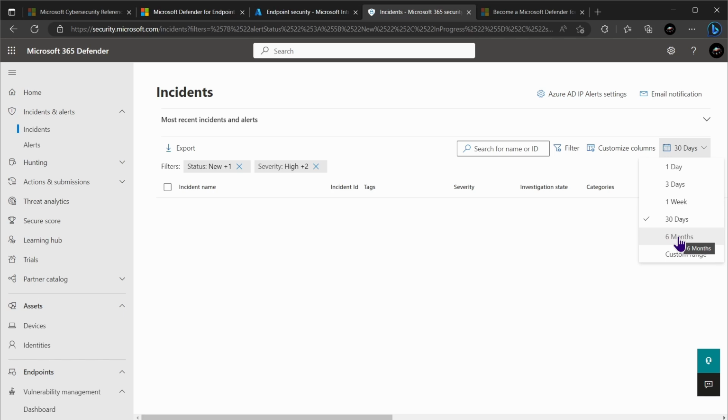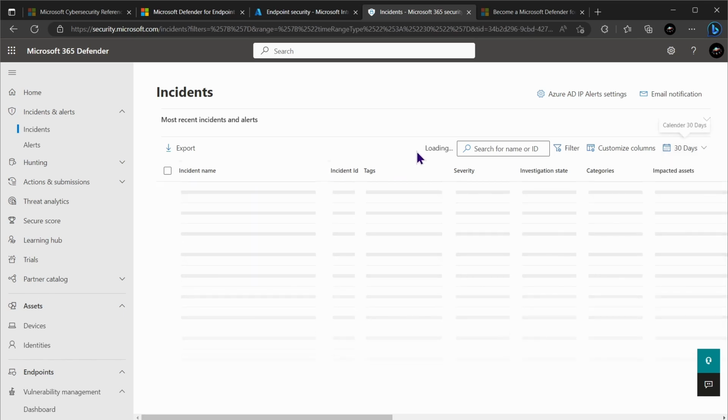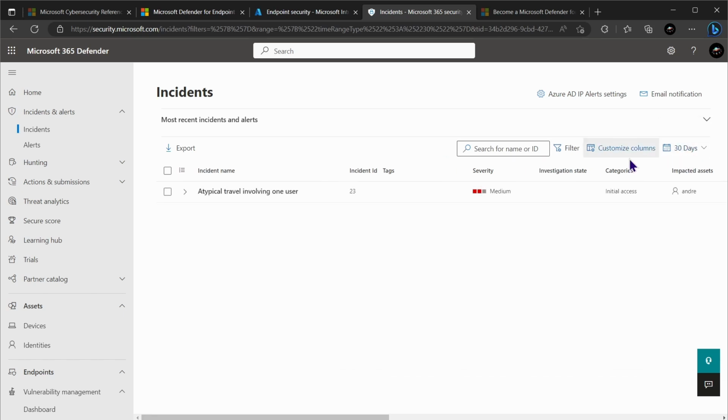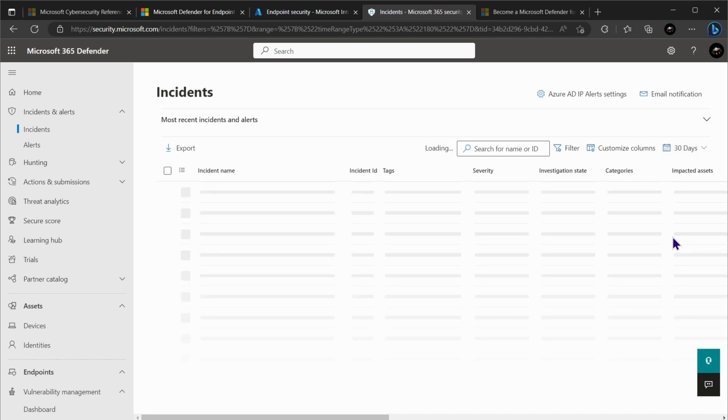for up to 6 months. In my example, I want to look at what incidents I have in my environment for the past 30 days. So I have a specific incident from this user, from an initial access category, that is a travel involving one user. This 365 Defender is an XDR, so it's looking at more than just endpoint. So if I want to look at endpoint related incidents, I have to go back further in time